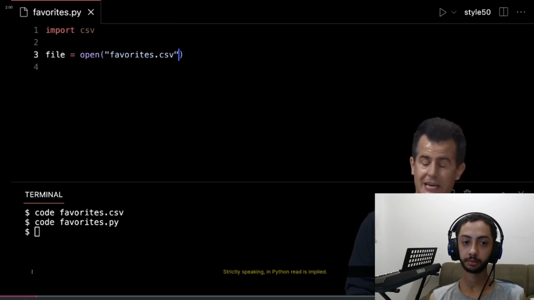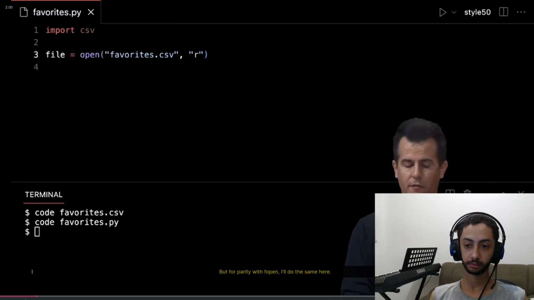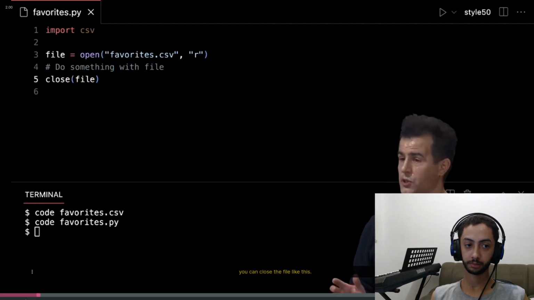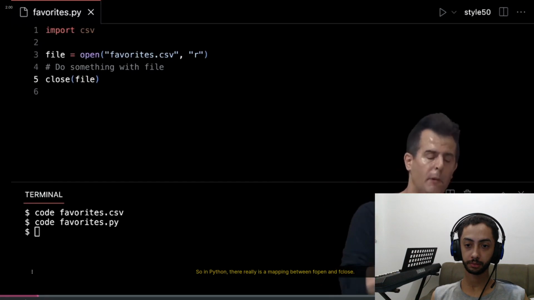Strictly speaking, in Python, read is implied, so if you omit the second argument, it will still work, but for parity with fopen, I'll do the same here. Then you can maybe do something with file, and then at the end, you can close the file like this. So in Python, there really is a mapping between fopen and fclose, but in Python, the functions are called open